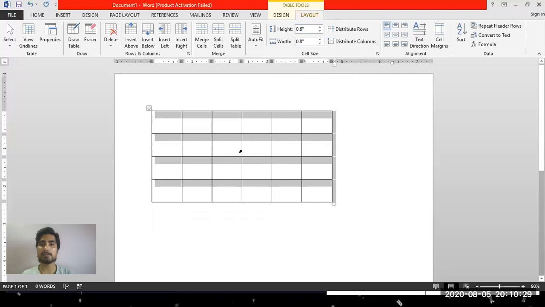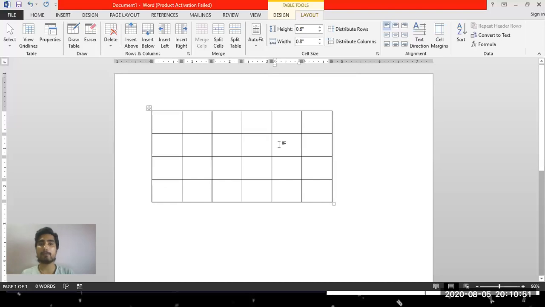So we can increase the height and width, and we can decrease them also. That's why this method is called resizing, because we are resizing the table here. So for increasing and decreasing the size of the table, we need to use the height and width option in the layout tab.